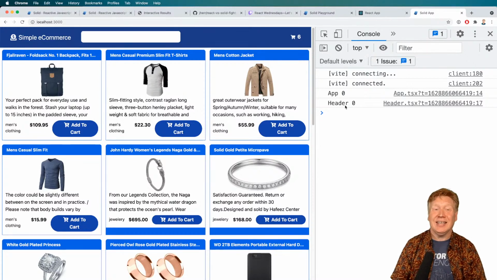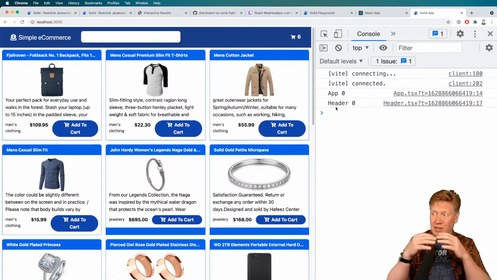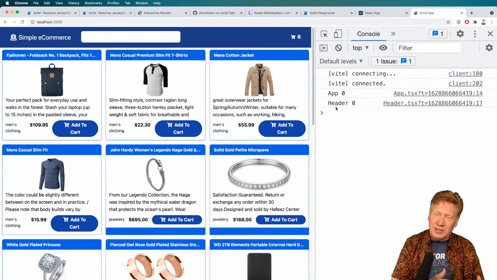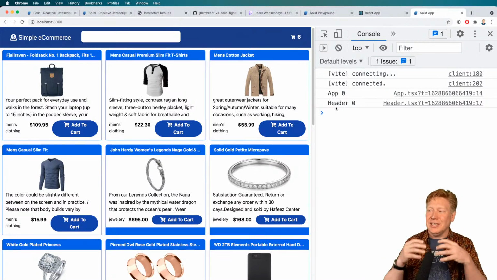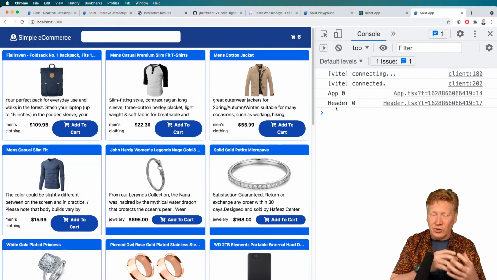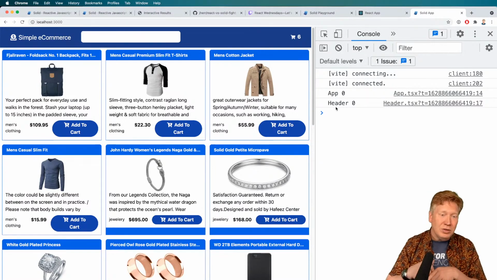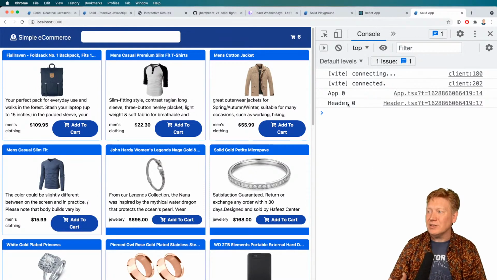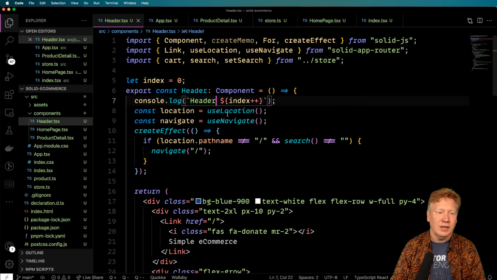That's why Solid is as fast as Solid is, because they're not doing all of the rerunning of all the components that creates the elements that are then compared to the VDOM that is then synced with the current DOM on the page. All of that is avoided. Basically, you only ever run these components once as you get new values, and that's why you can't do that kind of